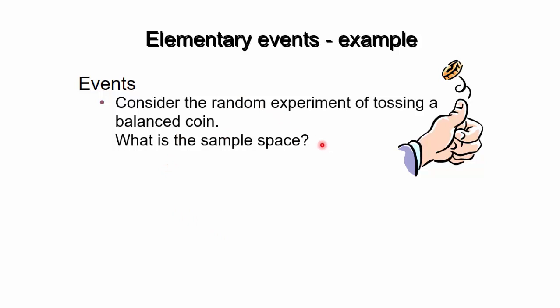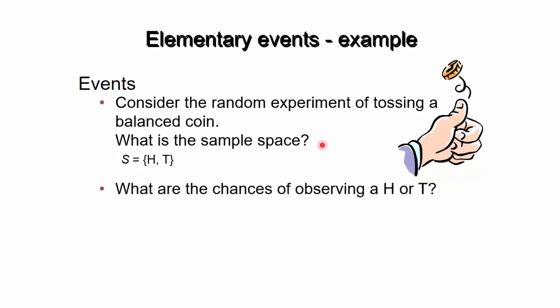So when you toss a coin, what are all the possible outcomes that you could probably expect? Well, in this case, you could get a head or a tail. So the sample space remains only 2 elements, head, tail. Now what's the chance that you would get a head or you would get a tail? Oh, that's, in common terms, 50-50, right? Okay, that means there's 50% chance that you get a head, 50% chance that you get a tail.